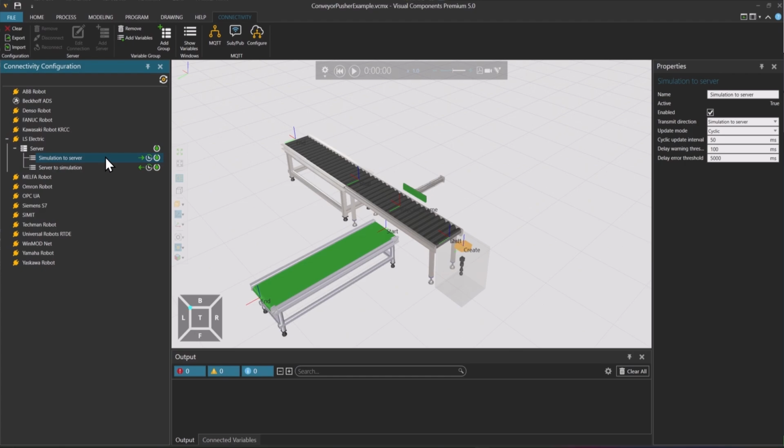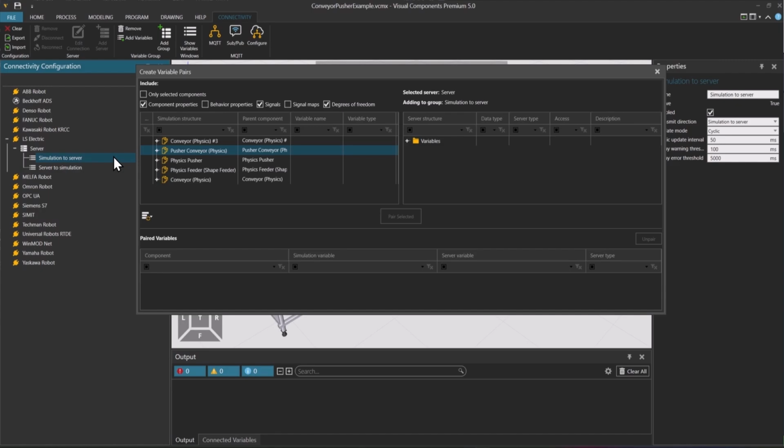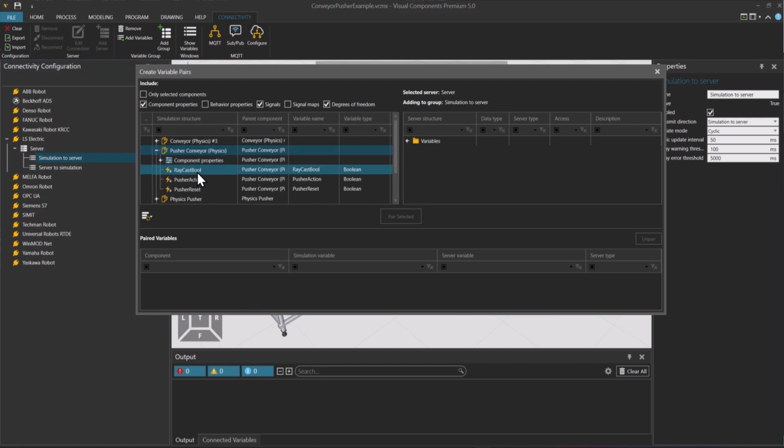So first, let's choose the simulation to server direction. I'll right click, choose Add Variables. This will open the Create Variable Pairs window. For the simulation to server direction, I want to select the pusher conveyor raycast bool signal. So this is the sensor that detects parts.